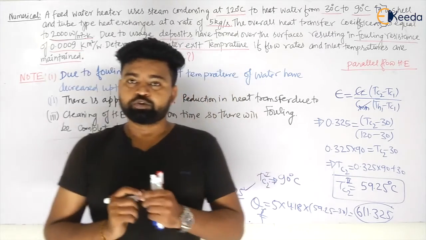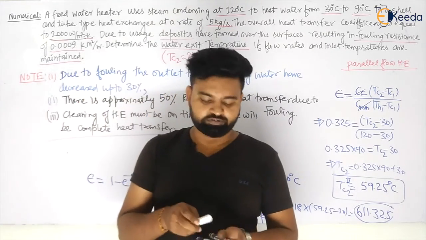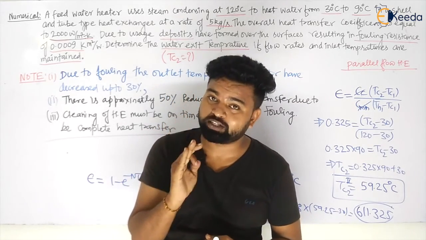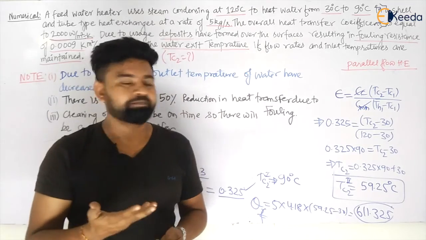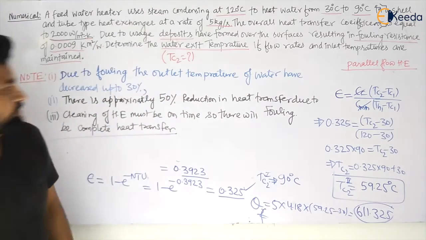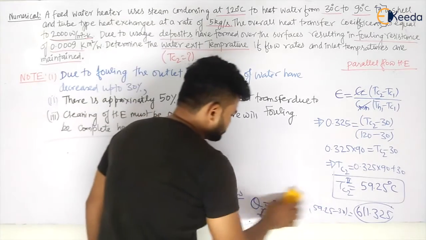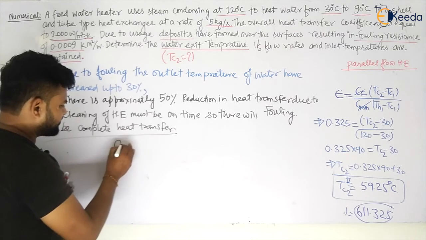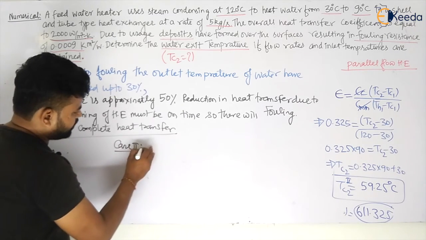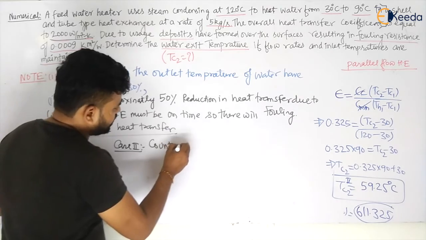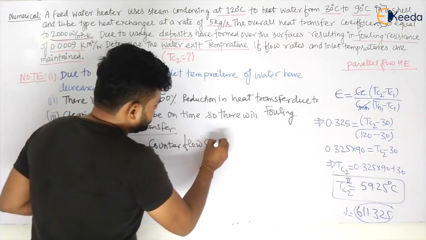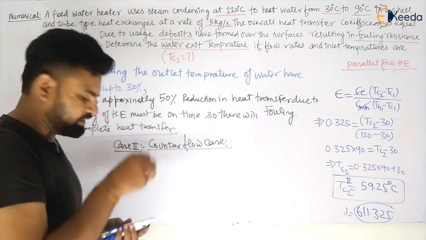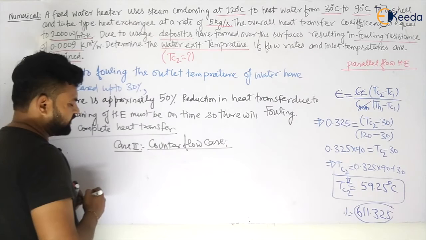So fouling can decrease the heat transfer, we have analyzed, and this kind of question may be asked, like you have practiced for the parallel flow case. And let me tell you at last also, so that you will not have any problem. If you consider the parallel flow case or the counter flow case, my dear students, what is the effectiveness of the counter flow case? I hope we have cleared all the concepts, and touched all the concepts, so that you will not have any problem in solving any question.